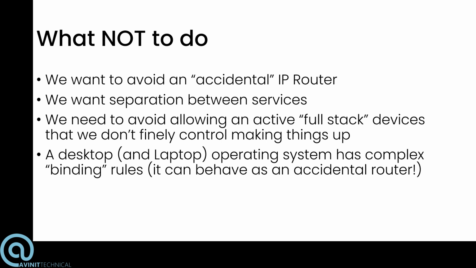So a desktop, and by extrapolation, a laptop operating system, has complex what we call binding rules. This is how an IP address maps to a particular network interface. So one thing to be really careful of is having a forest of different network adapters attached to one desktop operating system, and that includes laptops, each with different IP addresses. You can even assign VLANs on some of these adapters, and hope that the traffic will stay separate, because of course the second you've assigned it an IP address, in most operating systems it will start to engage in IP routing, and the operating system may or may not start routing that traffic between your different subnets that you want to keep separate.